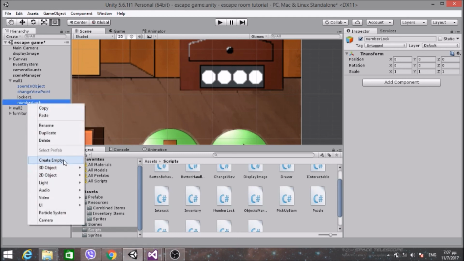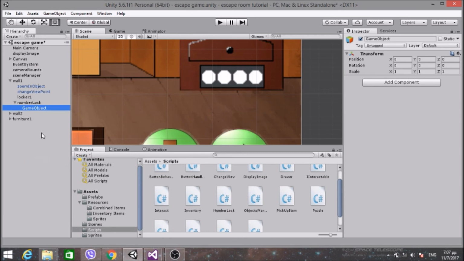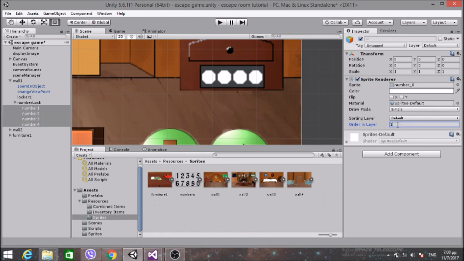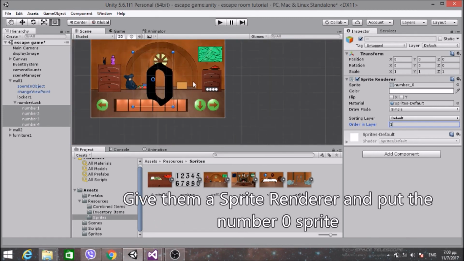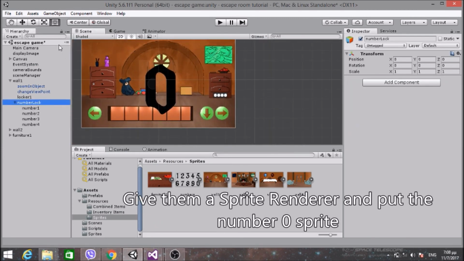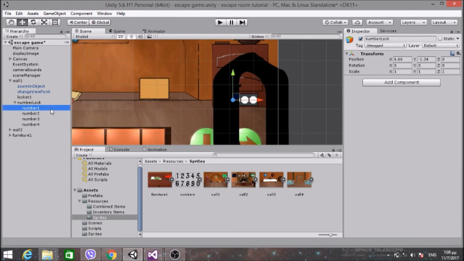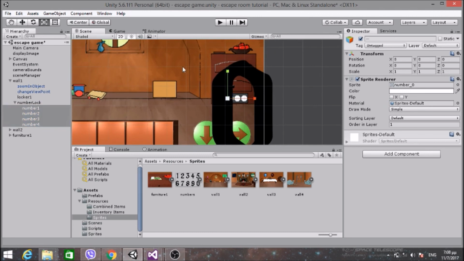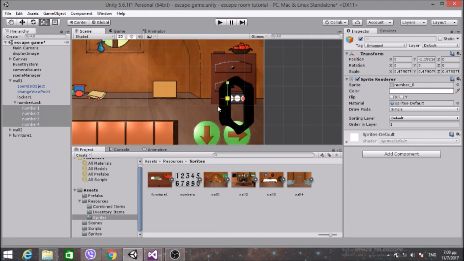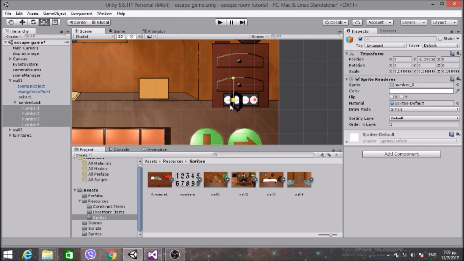Within this game object, create 4 other game objects which will be children of that one, and call them number 2, number 3, layer 1. Oh, where are they? Oh, they're here. Okay, so this numberlock game object, I'm going to center it here, and these numberlock sprites, just make them pretty small. Here and here,